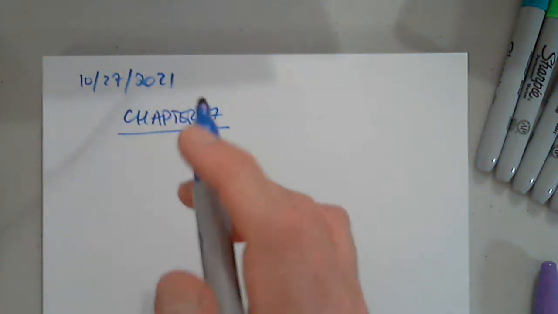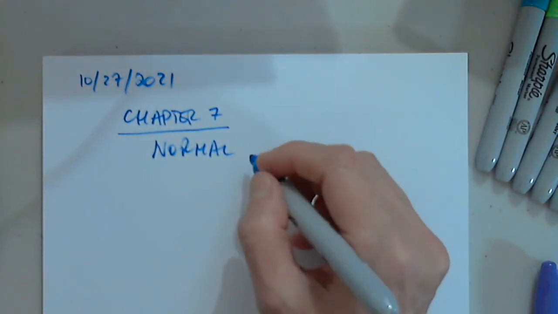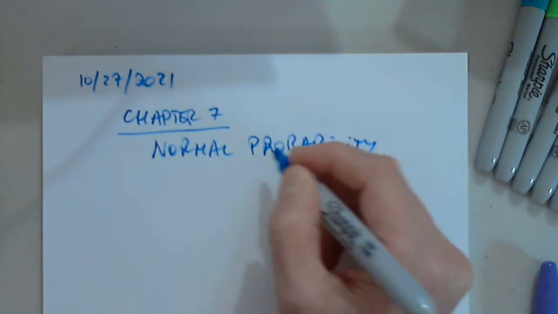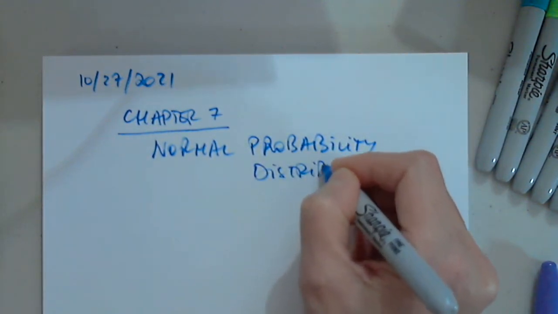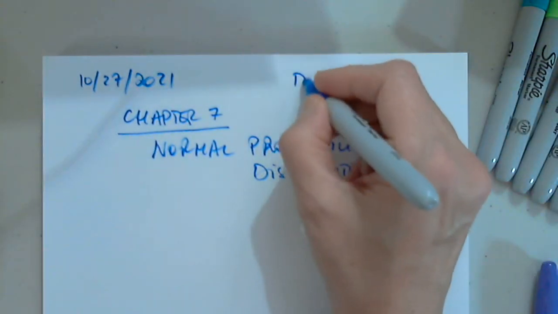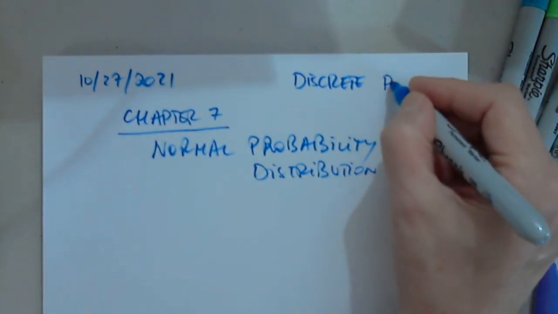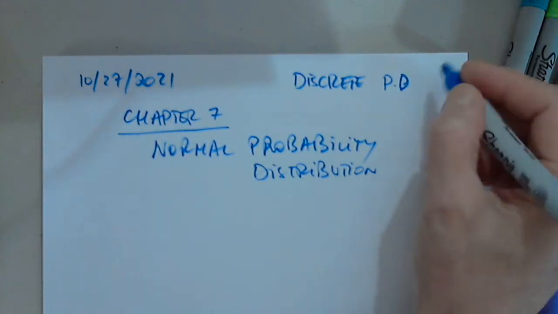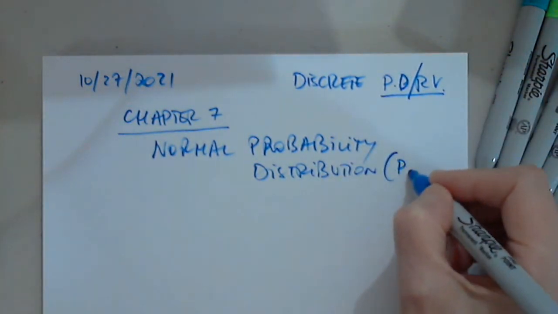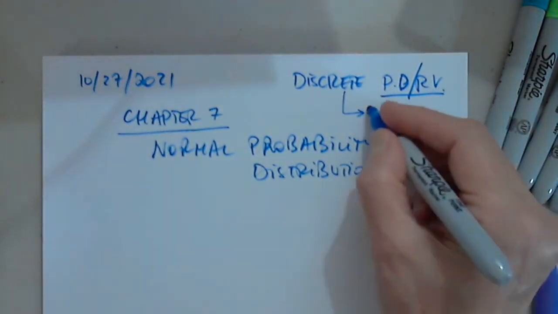So chapter 7 will deal with normal probability distribution. Remember, we looked in chapter 6 at discrete probability distribution, PD, or random variable. And we looked at one in particular, binomial,